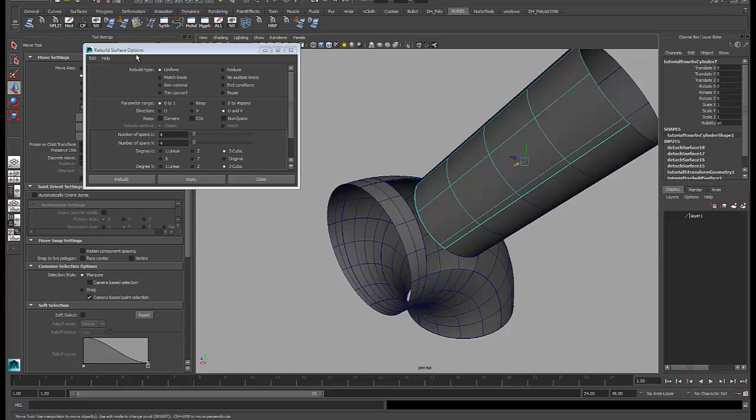and I know that needs to be a 4 span surface in the V direction. And it doesn't really matter what I have going in the U direction, but if I've got 4 going in the V, I probably want to increase this just to give myself some